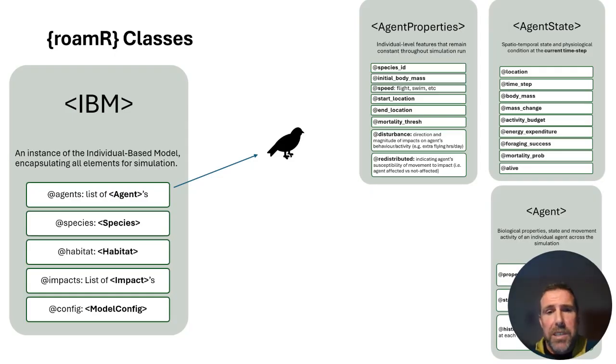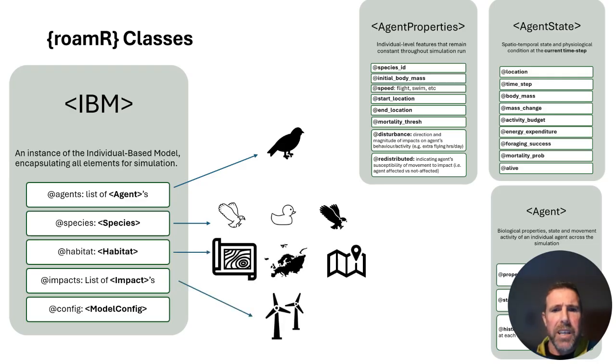Now, to talk maybe a bit about the programming side of things here, as I say, it's all been done in S4, and so without going into a lot of the details, this would give you some vague idea about how this works. We would take, say, this animal here, which is going to be our simulated animal. The way that it moves around the place is going to be governed by, say, its properties as a species,